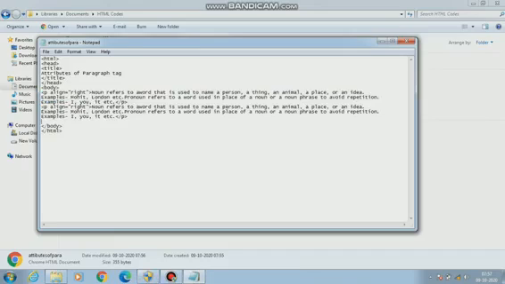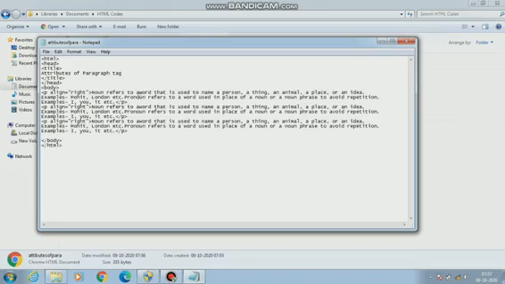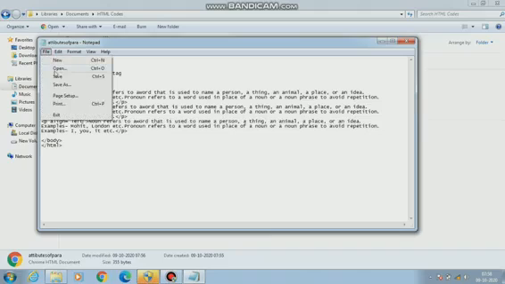Okay, now only the changes I'm doing. Earlier I wrote align is equals to right. Now this time I'm writing align equal to center, and in the third para I'm writing align is equals to left.